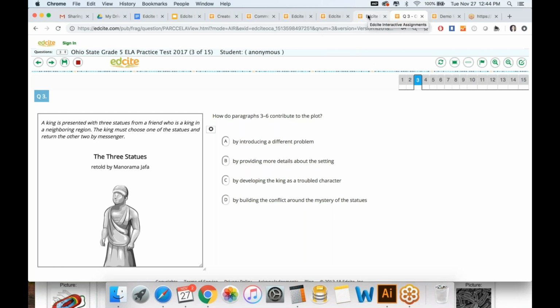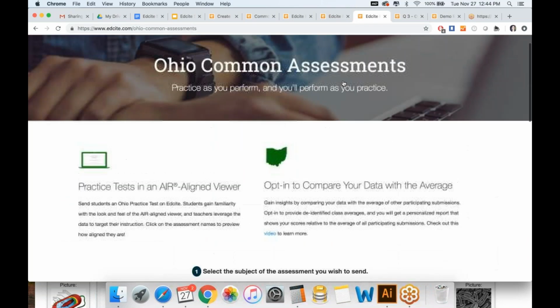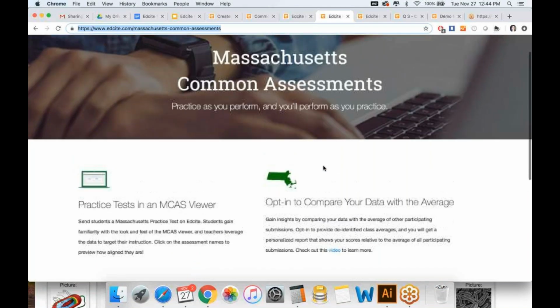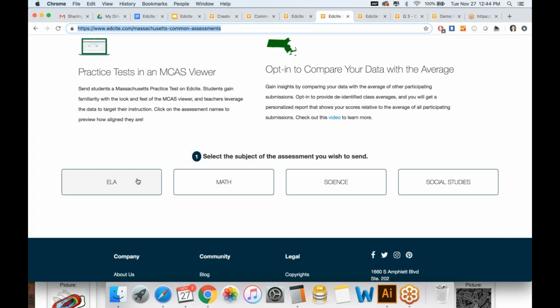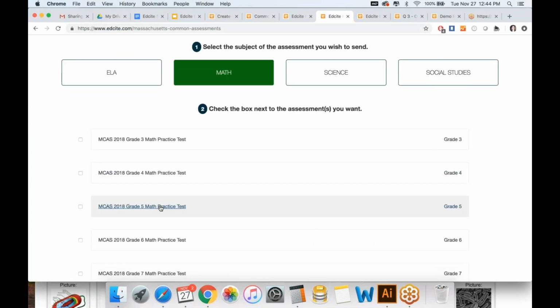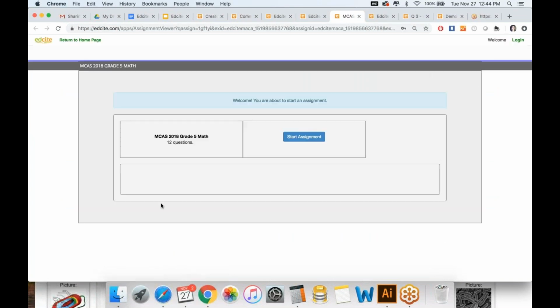And we've also got the content for the different states. And just for teams that are not in Ohio, here's an example of our Massachusetts Common Assessment Initiative. If we look at a math question, Massachusetts does the MCAS assessment. So these are the released MCAS tests, but you're going to notice that the test provider for Massachusetts is going to have that PARCC look and feel.